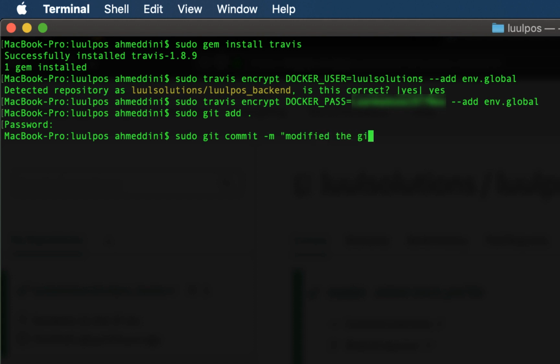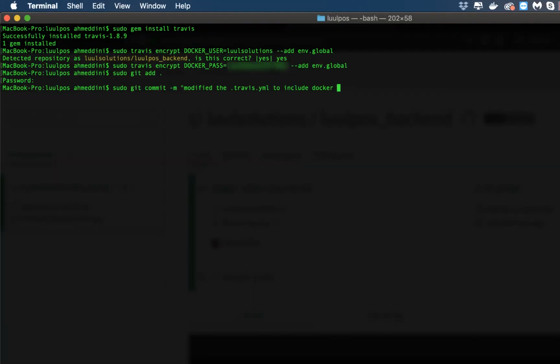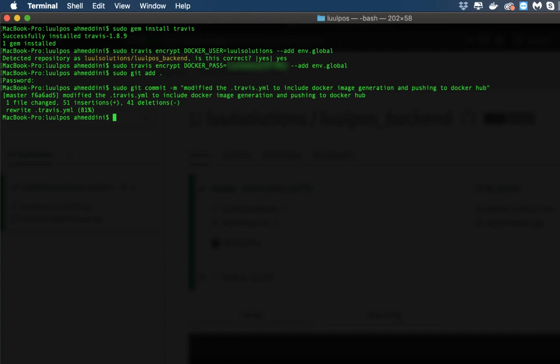I modified the travis.yml file to include Docker image generation and pushing to DockerHub. Now as you do git push,